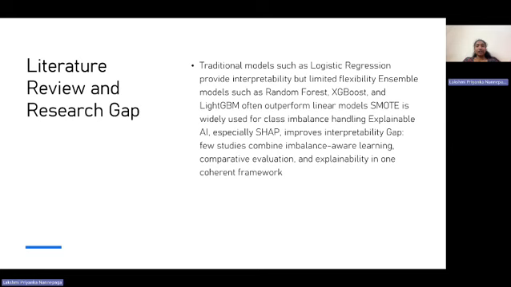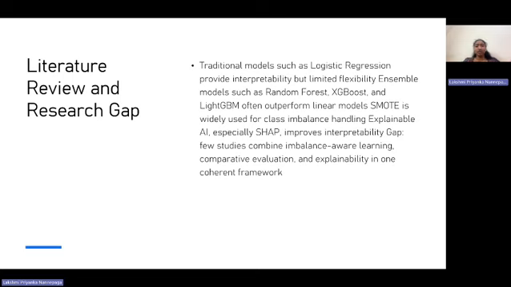Literature review and research gap. The literature shows a clear progression from traditional statistical models to more advanced ensemble learning approaches. Logistic regression remains useful as an interpretable baseline, but it often cannot model complex nonlinear interactions. More recent studies increasingly support random forest and boosting methods such as XGBoost and LightGBM, especially for structured tabular data.